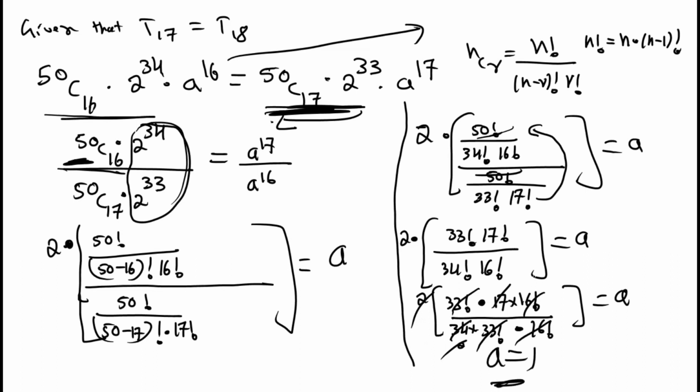a value equal to 1. a value is not equal to 0. a value equal to 1. Okay, a by a form, a by a equal to 1 itself. All terms get cancelled means 1 by 1 form. 1 by 1 equal to 1 itself. Therefore, a value equal to 1.